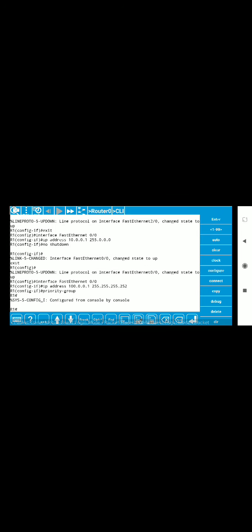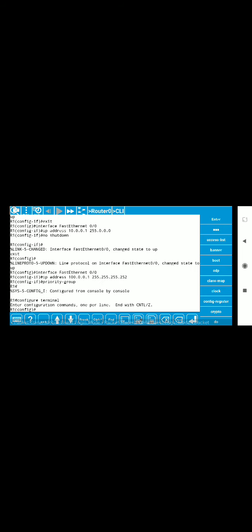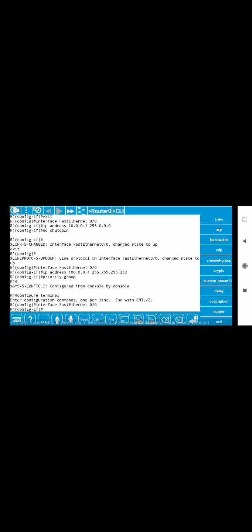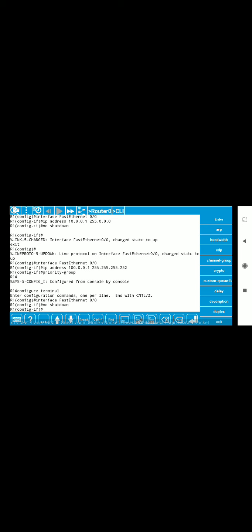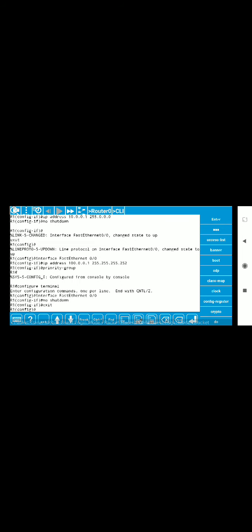Okay, it is exited. Again just tap on configure terminal, enter, and again go to interface FA0/0, click on enter and write the command no shutdown. Click on the enter button and then the exit button, enter. Okay, so we have configured our router. Again click on the exit button to exit the configuration, also exit, enter.